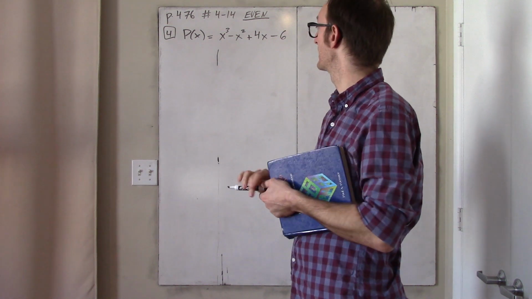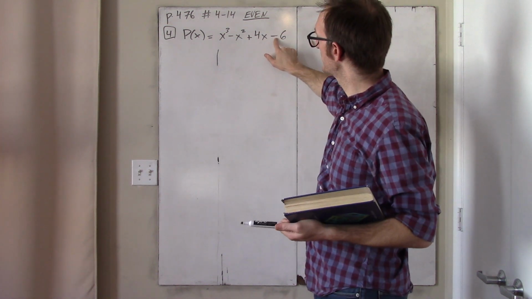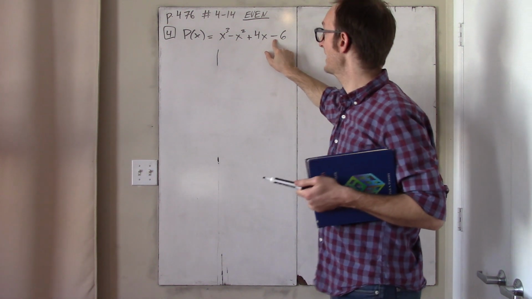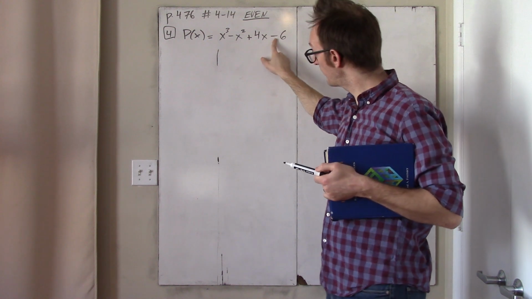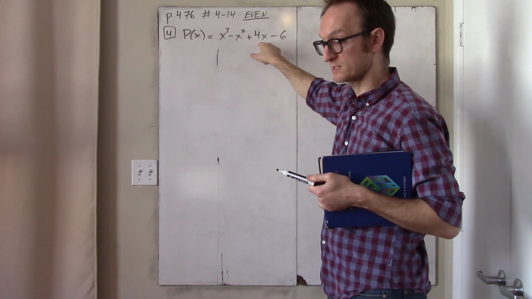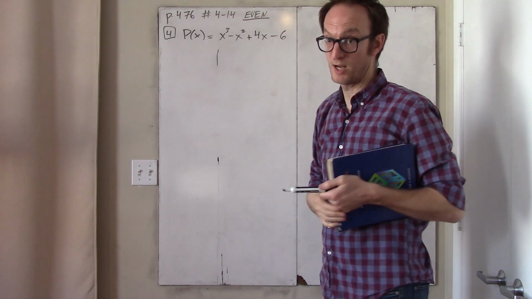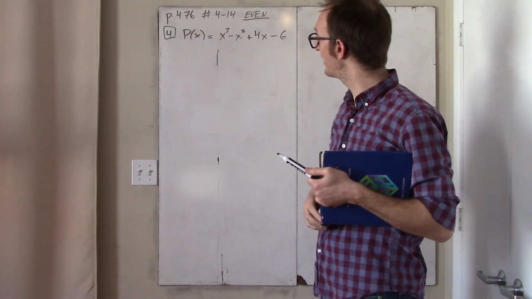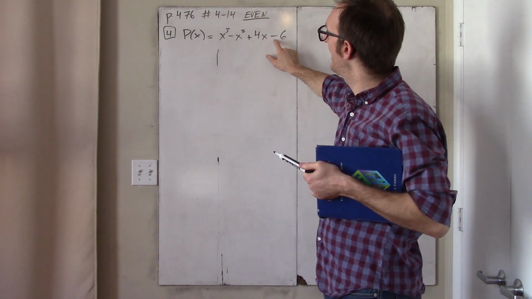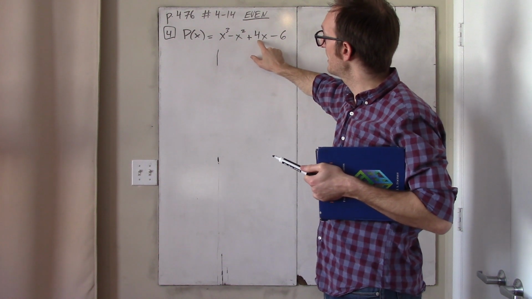I think I can, because this function is negative 6 when x is 0, but then as x gets bigger, so we're considering only positive values of x for the moment,